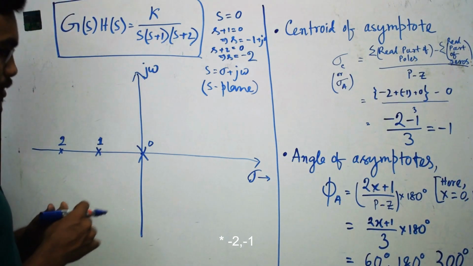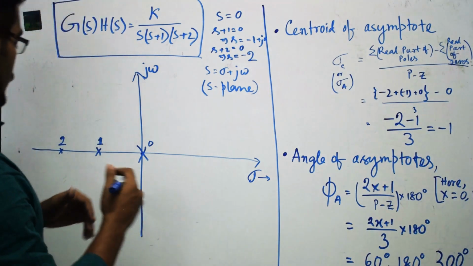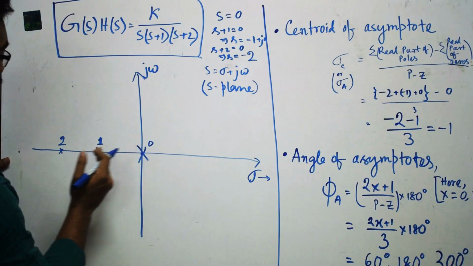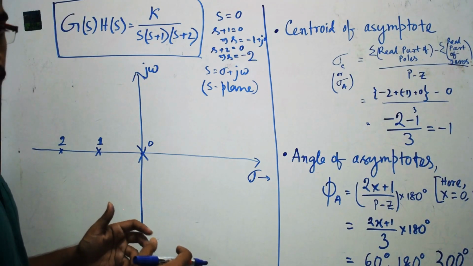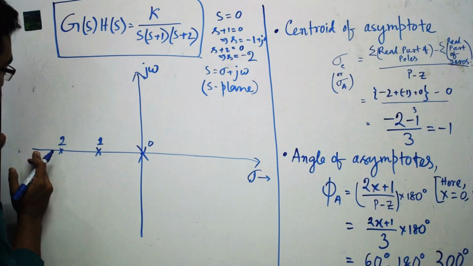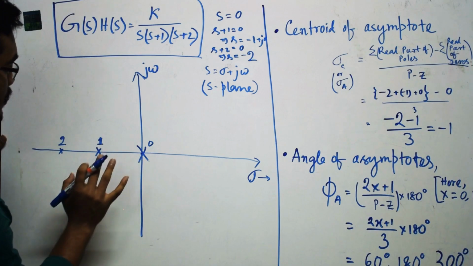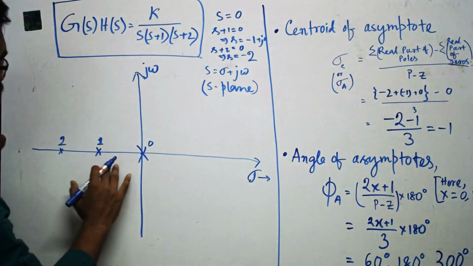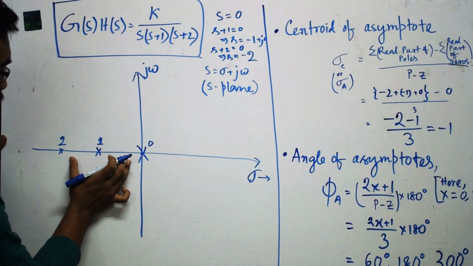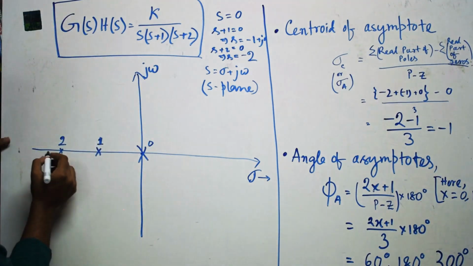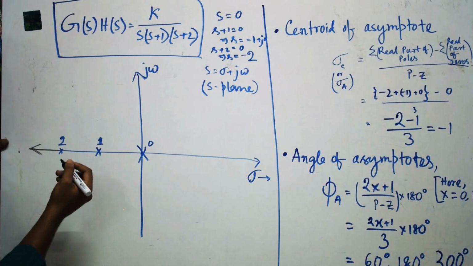Now you have to understand the basic concept: if there is an odd number of poles to the right, there will be no root locus, but if the number is even, there will be root locus. So we have to proceed from the right side. Here there are three poles, no zeros, three poles, that is an odd number. So in this part there will be no root locus. So one root locus will be in the left side, and that will be emerging to a pole.